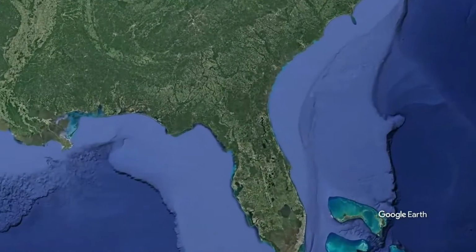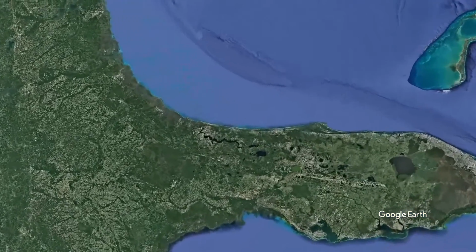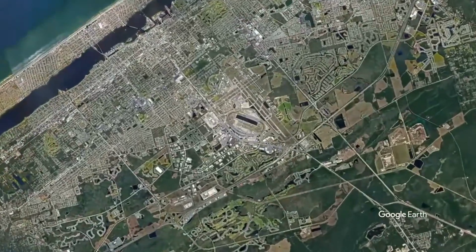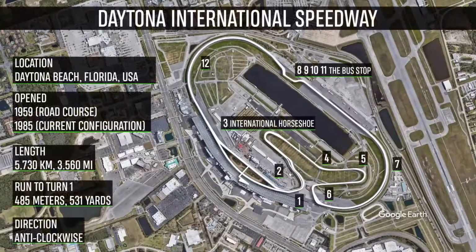located in the state of Florida, just in the north of the state. You see the relative locations of the cities around Jacksonville, Tampa. Very historic places, but a very historic place indeed is Daytona International Speedway, opened in the 1950s, and the road course at this place has been in active use for just about as long. There it is, the stats. In 1985, the current configuration of the road course was opened, and it has stayed roughly the same ever since. And, of course, anti-clockwise, 5.7 kilometers in length, with an awful lot of flat-out running around the oval section of